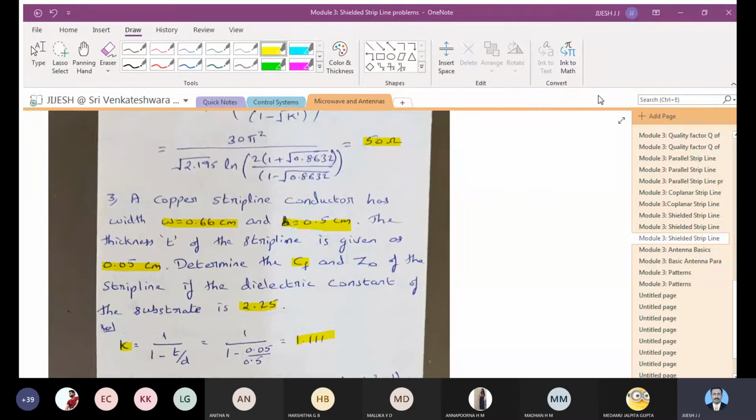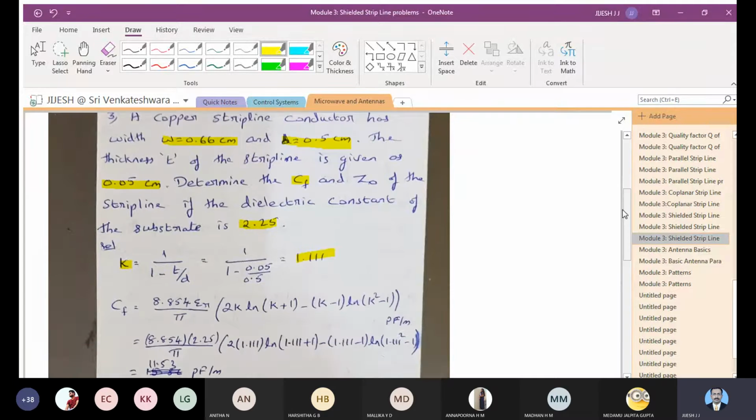We are taking it for 40 to 45 minutes. So what is the answer you are going to get for fringe capacitance CF? 11.549, sir. Yeah, it's correct. So you can go with Z0. Z0 is 30.67, sir. Yeah, 11.53 you will get picofarad per meter. All of you got it? 11.53.